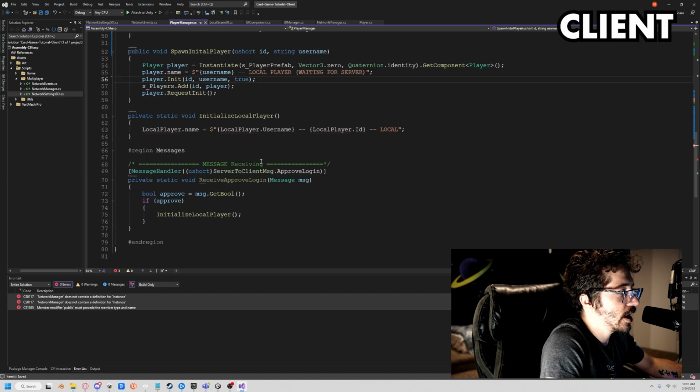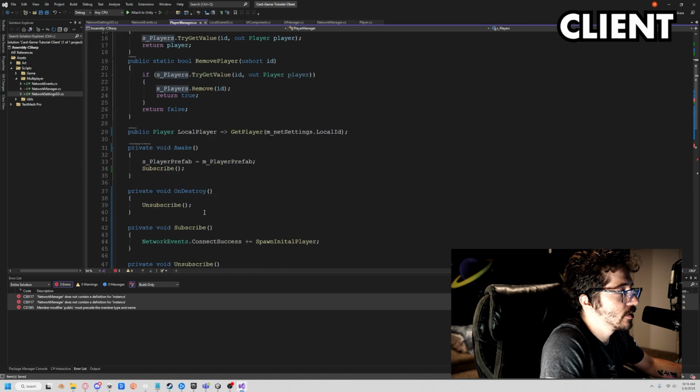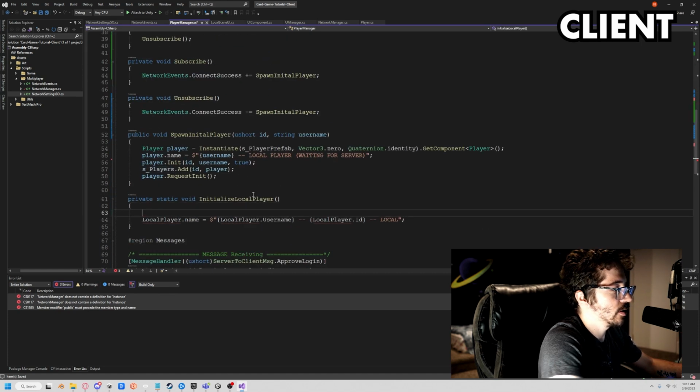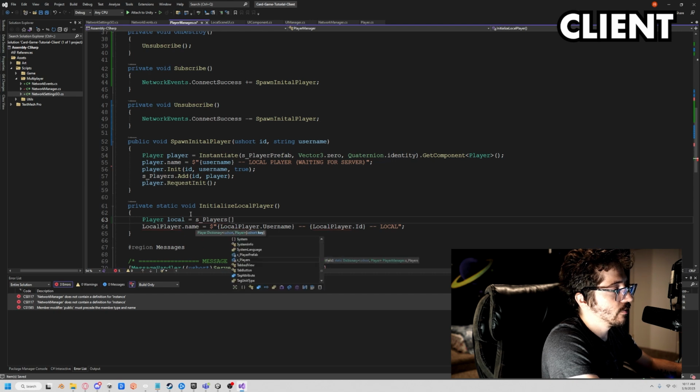So basically, as soon as we get the handshake back that we approved the login, we're changing it to local. So we have our static dictionary. We can say s local player, or s players is equal to, all right, we'll do this here. Player local is equal to s players, and we will get the value of our